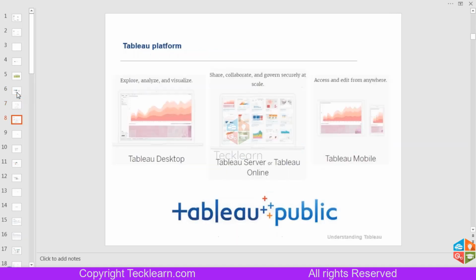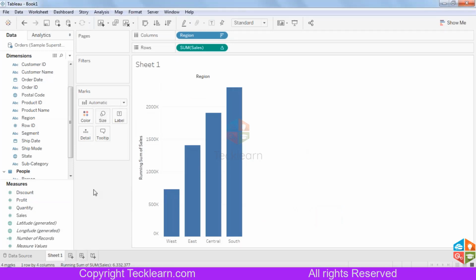Okay, let's see what we have over here. Let's see what products we have from Tableau. These are the Tableau platform products. Basically there are 4 products inside Tableau, and they start with Tableau Desktop. If you want to quickly develop something, analyze something, or visualize something, all of that is done in Tableau Desktop. Right now we are going to see that on my system, this is the Tableau Desktop that we are seeing over here.